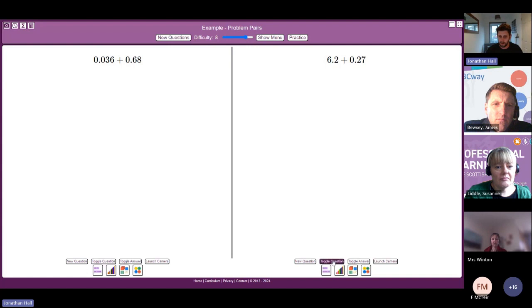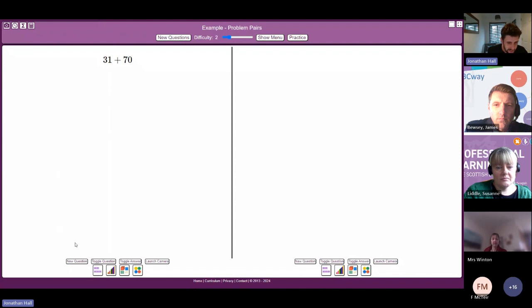You can toggle the question on and off down at the bottom if you just want to focus on one particular one. And again, you've got that launch camera tool, which loads your visualizer. And then you've got these colorful icons down at the bottom, which people have not tended to cotton on to what these are for yet. But if I just go down the difficulty a little bit, let's go something like